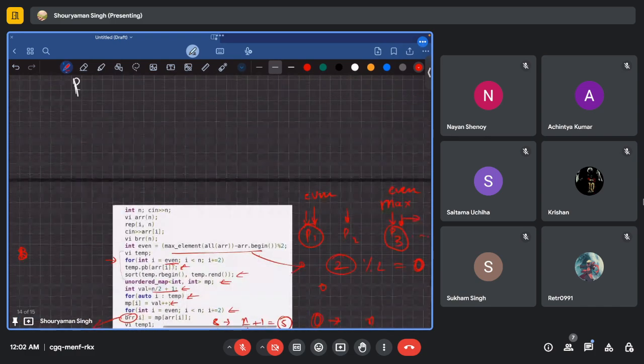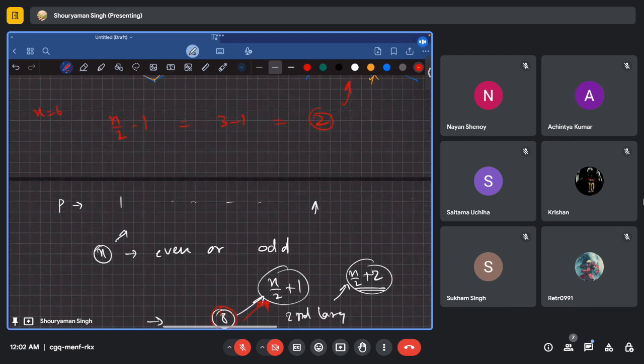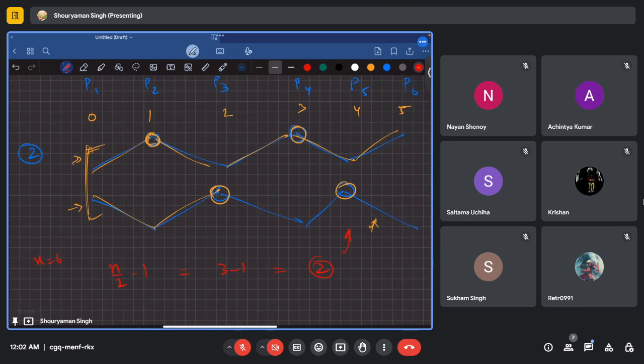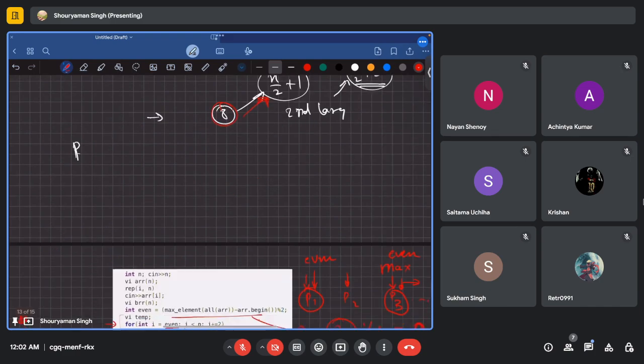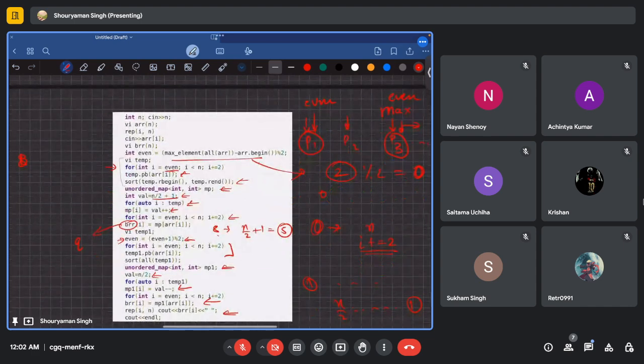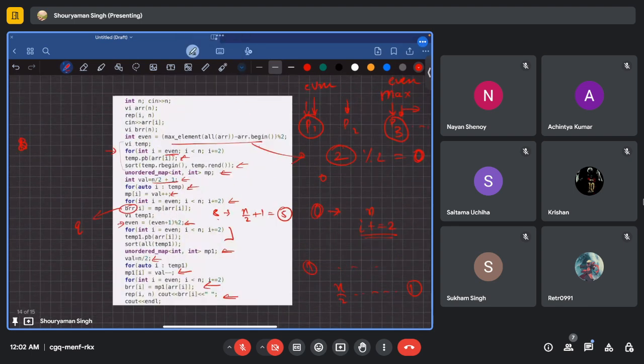So this will be the intuition for this. ज्यादा लोग है भी नहीं, किसी को डाउट है तीनों में से? Right, so if no doubts then end करते हैं।